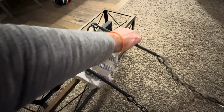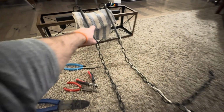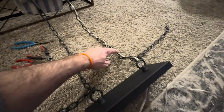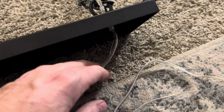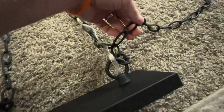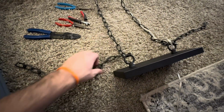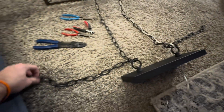We're going to put a little rag under there to protect those bars from damaging the top of the light fixture. And we're going to get it down on the floor here, and you can see we've got everything just nice and laid out. And here is the excess chain that I want. I've got that attached to the loops. That's good. So basically it comes down to taking the excess chain off, and that will leave us with our perfect